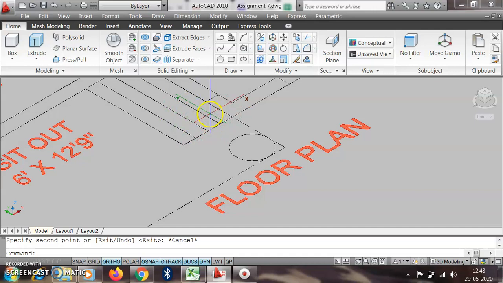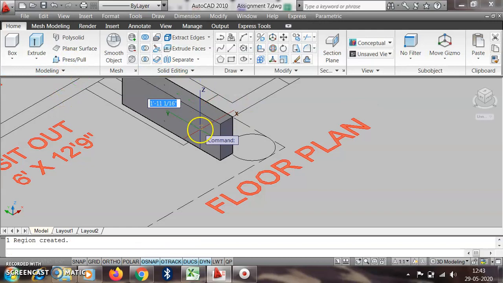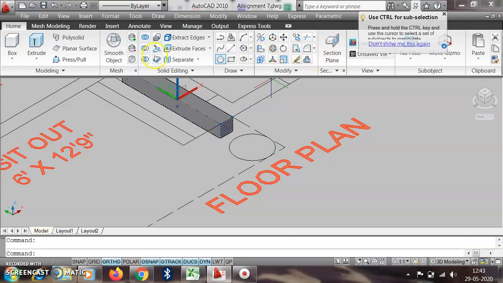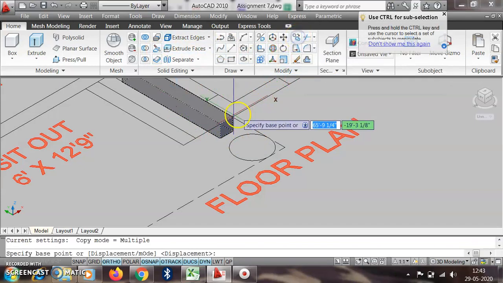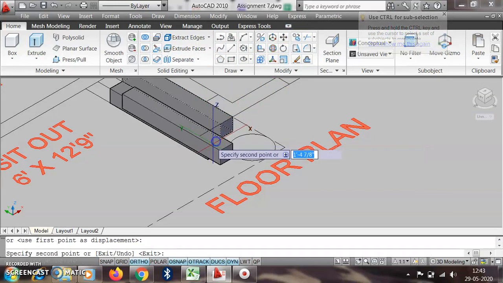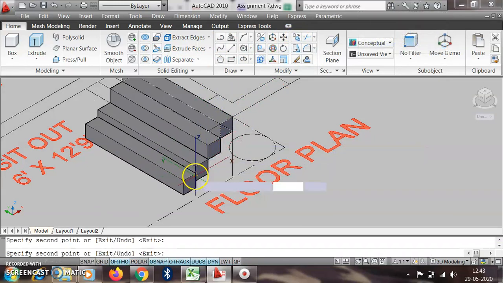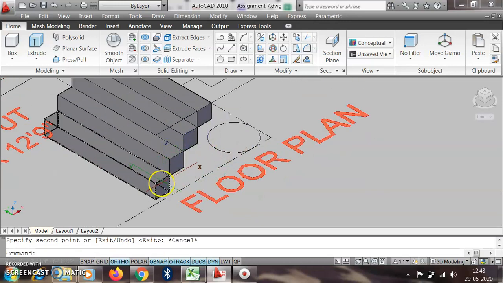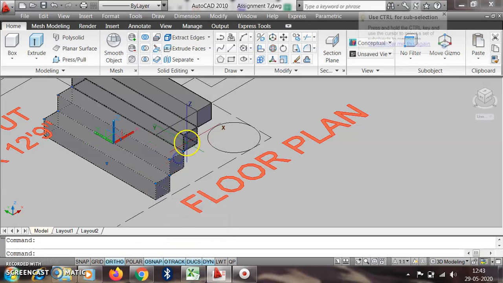So how can we draw them? Using press pull, select it, and in the downward direction, suppose the step height is 9 inch, so take it 9 inch, enter, and then copy all these steps from this point to this point to this point, and then we copy this entire portion using shift and the copy command.